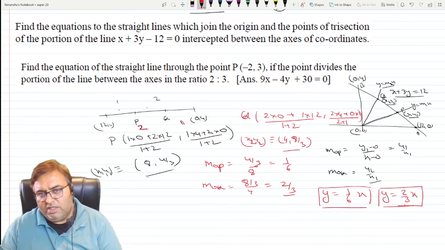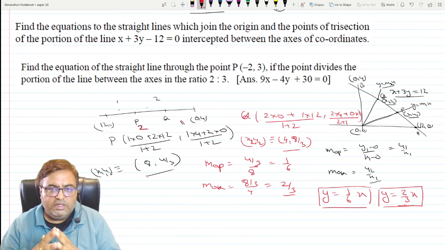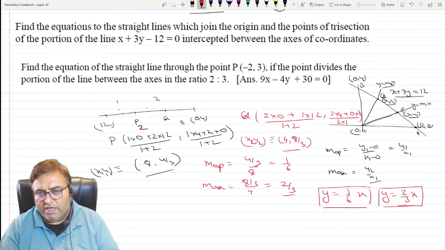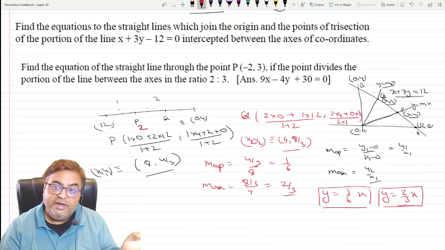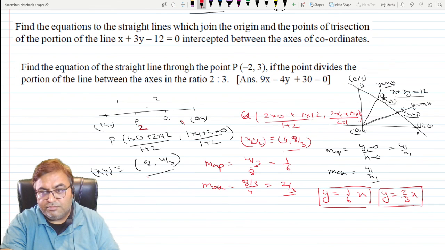Now you can see over here the concepts. Actually the question is very easy, but the complexity of the question is that you have to use multiple small concepts and integrate them into a concept which will solve this question. Okay, so every question of coordinate geometry is just a permutation combination or a mixture of all these small steps which we have studied till now. Okay, so are you getting that point? So that's where you have to be very clear about that thing.